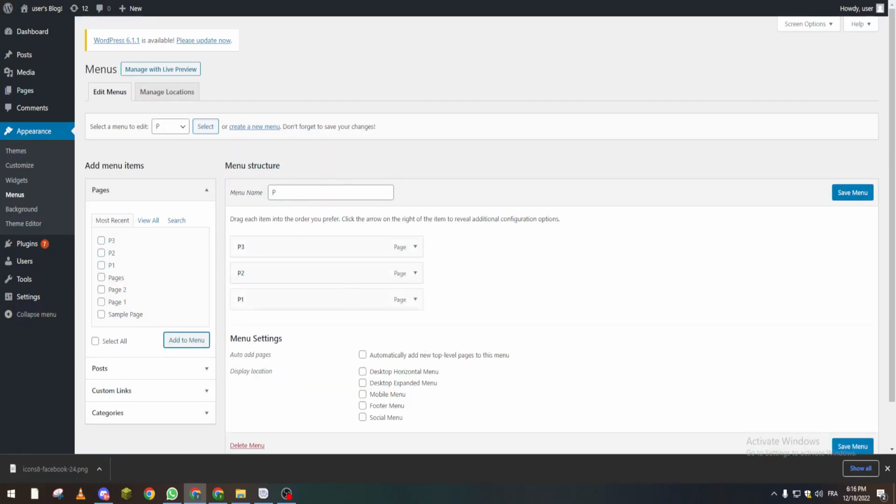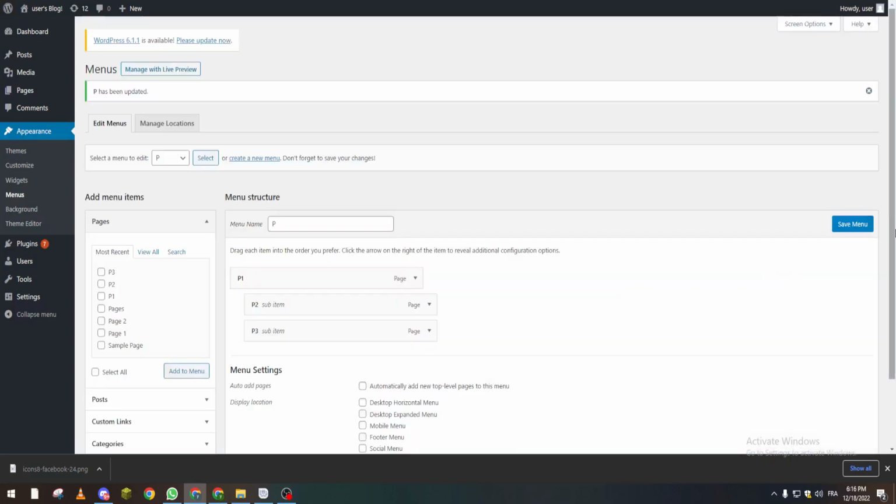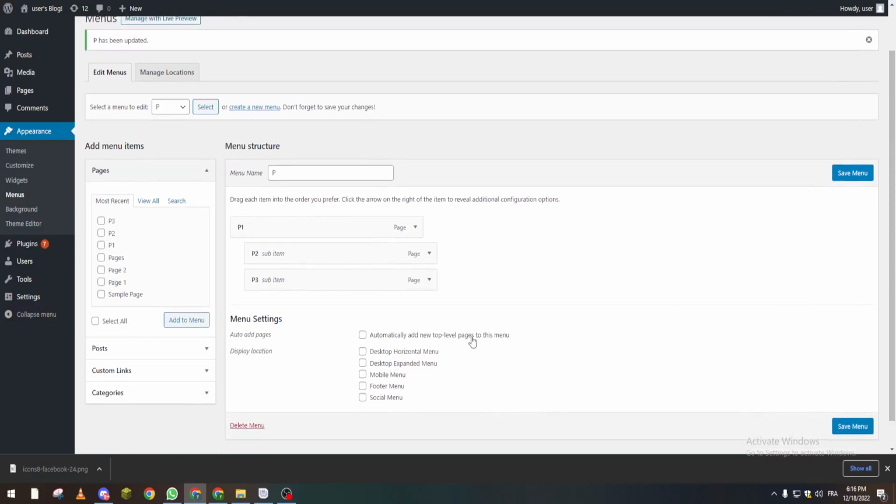And how we can make a drop down, you can just add this one under this one and they will be added into each other. Let's make this at the top, this bottom, so something like that will do the job. Save menu and automatically add new top level pages. Menu, mobile, social menu. All right,